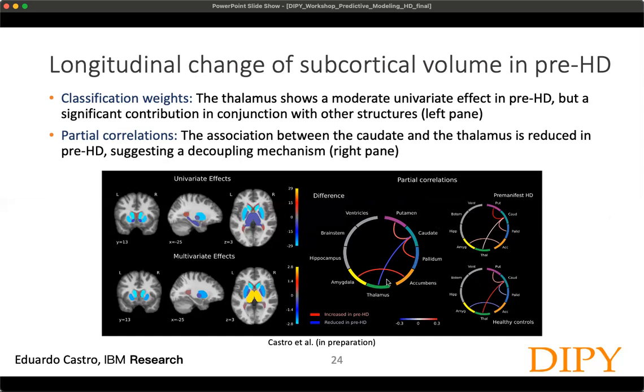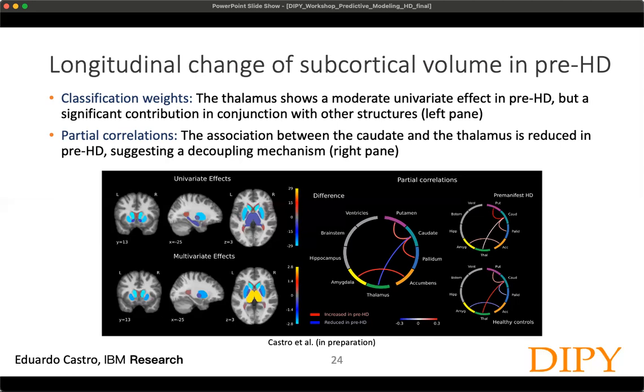And what we see here is, well, first of all, that the caudate and the putamen, two regions that are part of the striatum, have a stronger, an increased association in pre-manifest HD. Let's say it happens with the caudate and the pallidum. And when talking about the thalamus, we can see that there's a reduced association between the thalamus and the caudate,